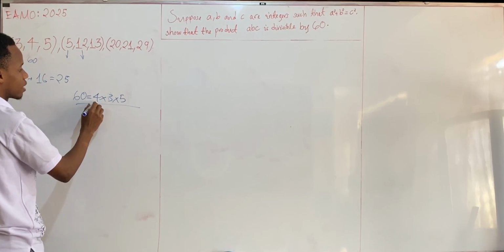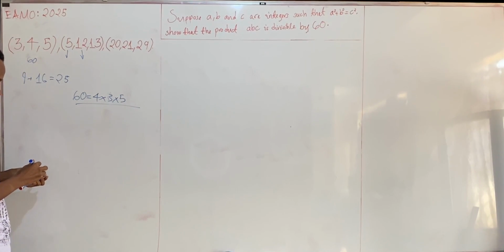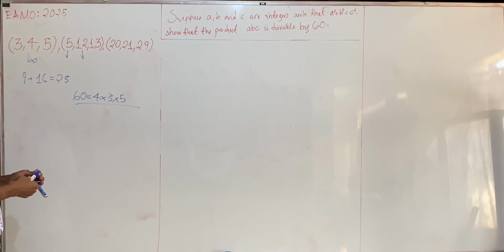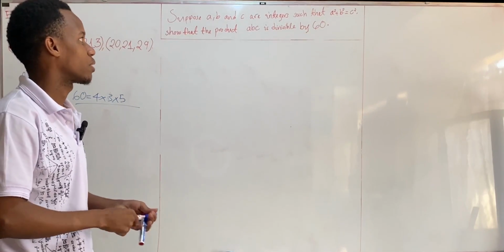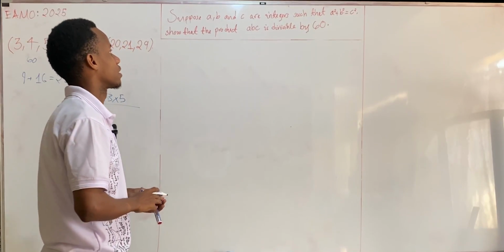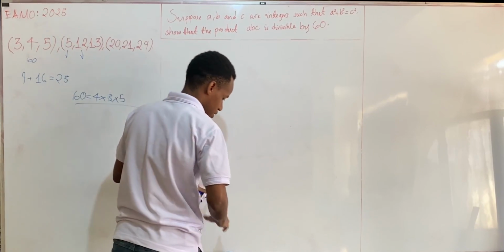So if a number is divisible by 4, by 3, and by 5, then it has to be a multiple of 60 because these three numbers are relatively prime. So how do we prove this? Well, we are going to need modular arithmetic, because when we are dealing with squares,